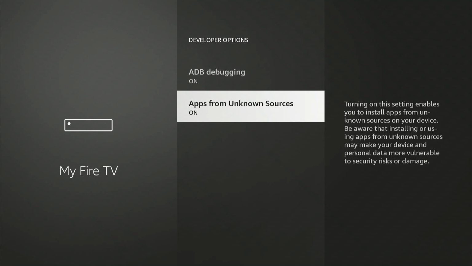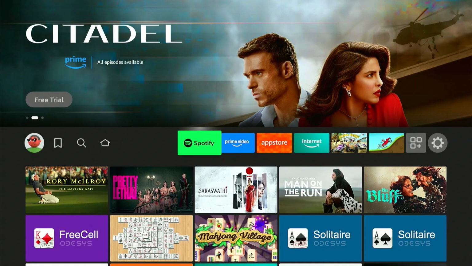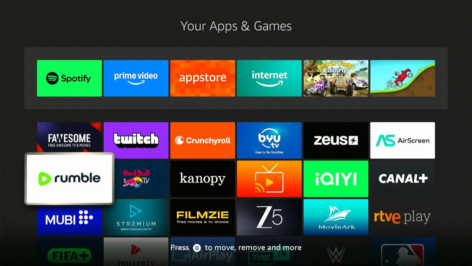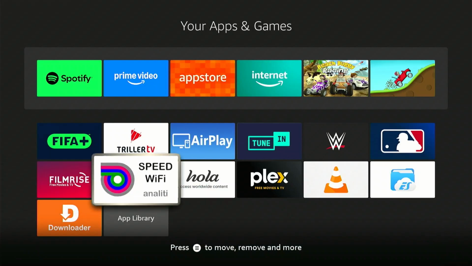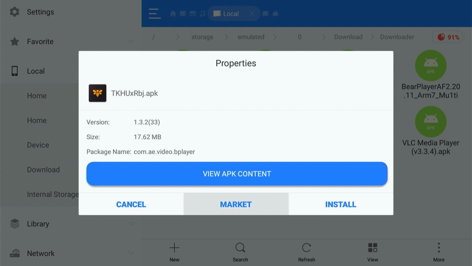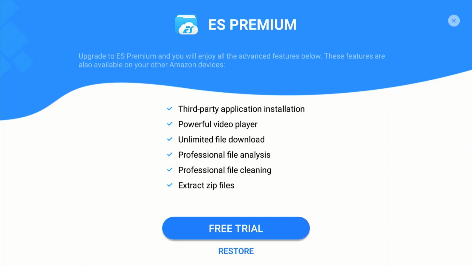Now that that's on, you can head back over to the ES File Explorer. So I'll just go back to my app drawer and I'll go to ES File Explorer. So now I have this app, it's an APK, click on it once. Because I have the developer options on, I have the ability to install an app from an unknown source. If I click install here,